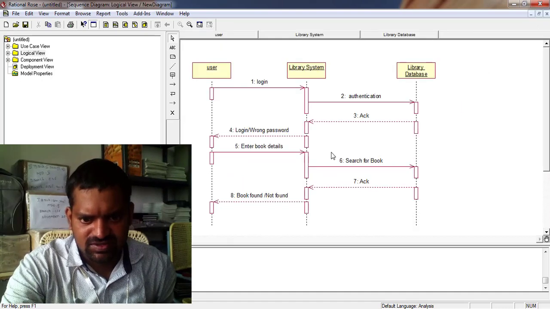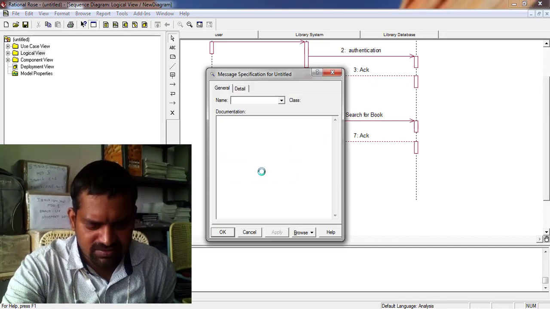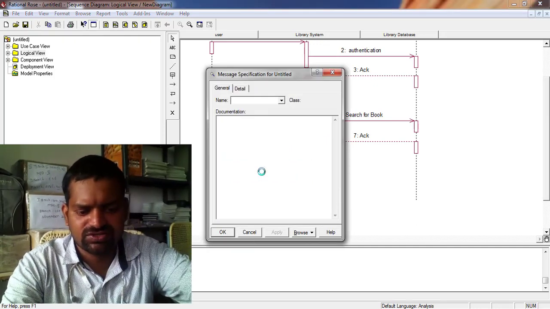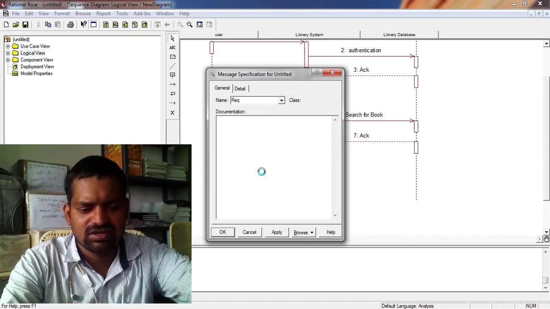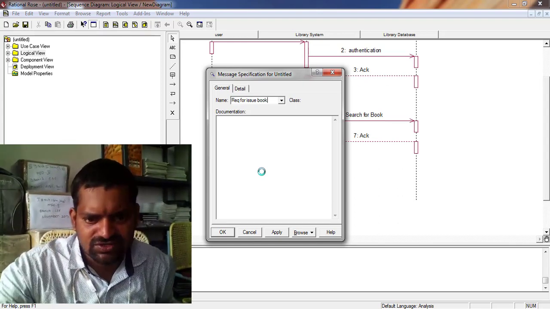Okay, so next, after the book found or not found message is displayed, if the book is found, there is a request from the user to the library system. What is that request? The request name is request for issue book. That is requesting for issuing a book.